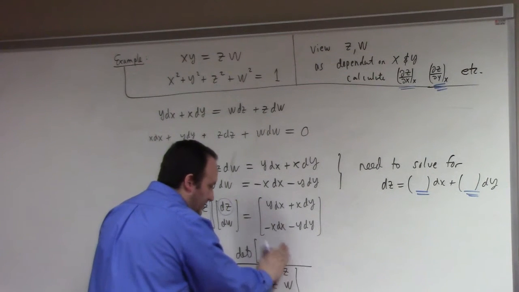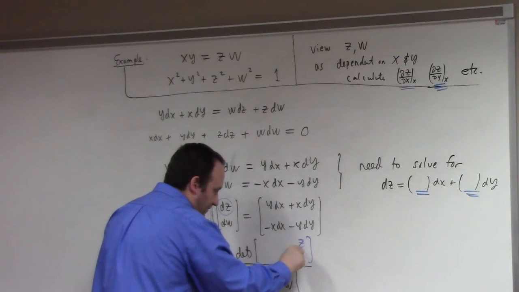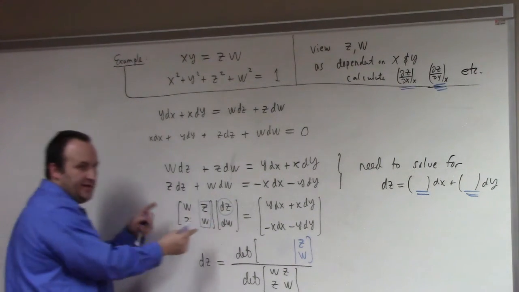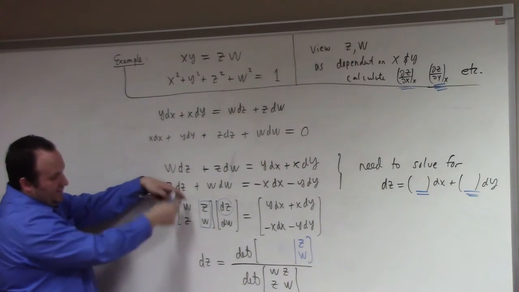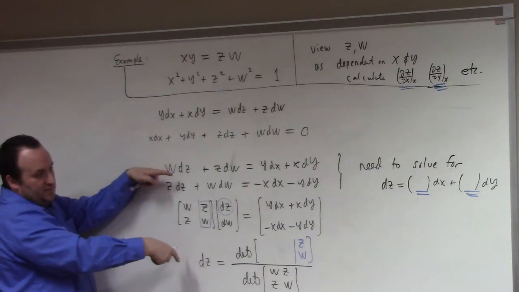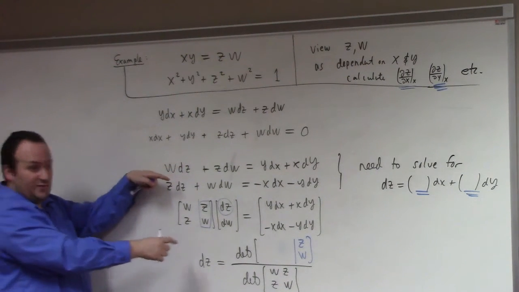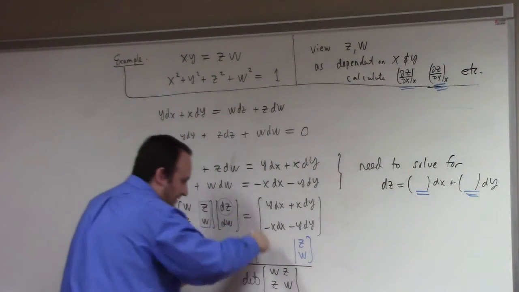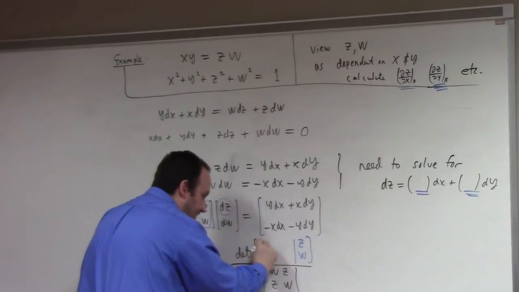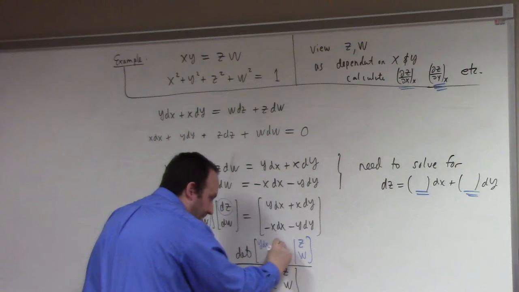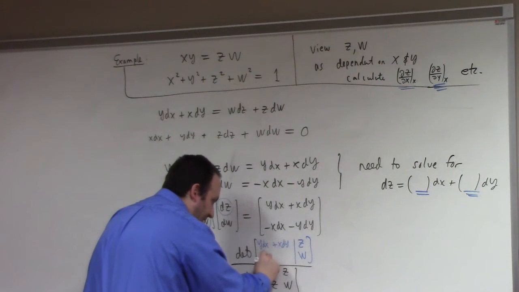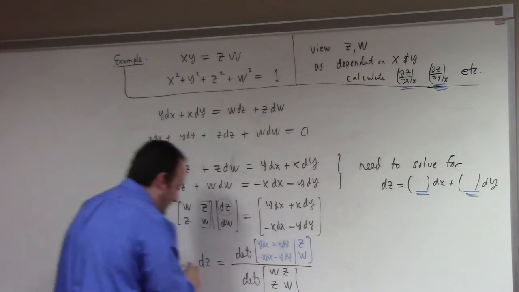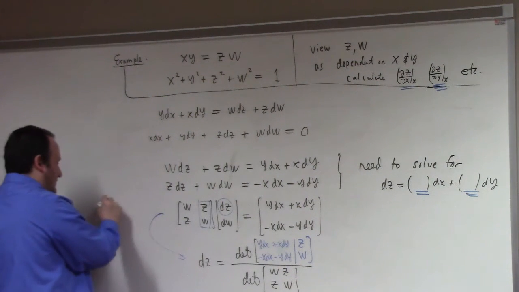Let me make it bigger. z w, that stays put. And then what Cramer's rule says is if you're solving for the first thing, you take the coefficient matrix and you swap out the first column for the so-called inhomogeneous term, which in this case is this mess over here. So I replace that with y dx plus x dy minus x dx minus y dy, like so. So this is what's known as Cramer's rule,